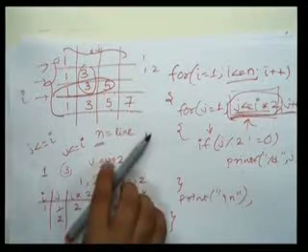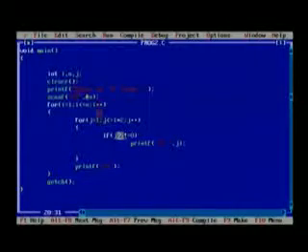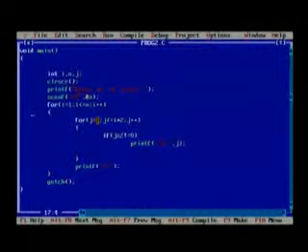Try to understand it once again. Now see, here I am explaining once again. I am taking 3 variables i, j, n. n is for the number of rows. Then I am taking the value from the user for the number of rows. Then I need 2 loops to move, an outer loop and an inner loop. For each row I need the outer loop, and for each individual column I need the inner loop.